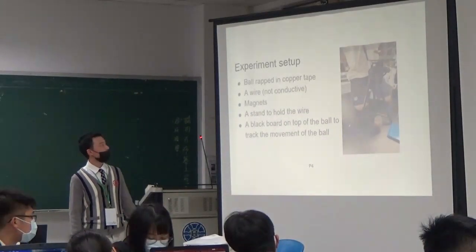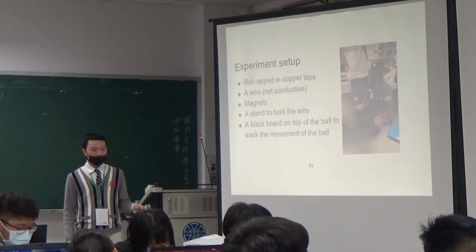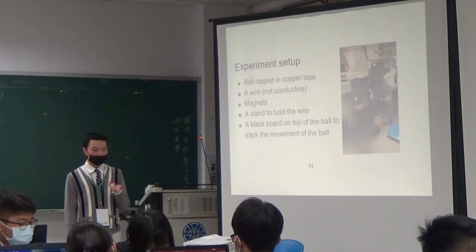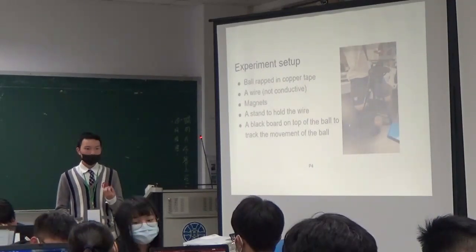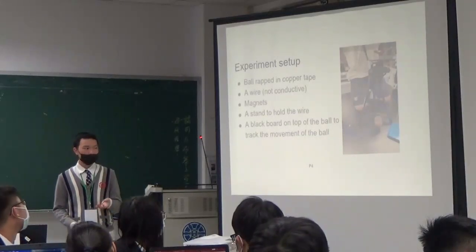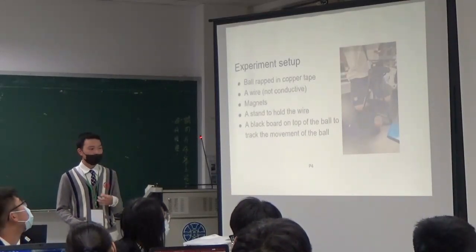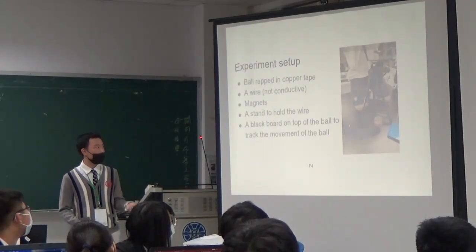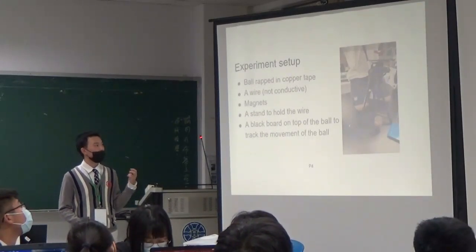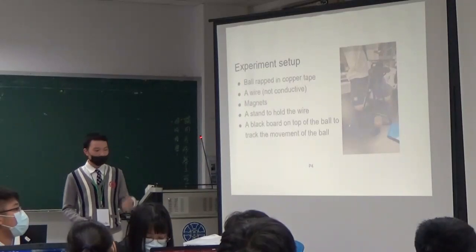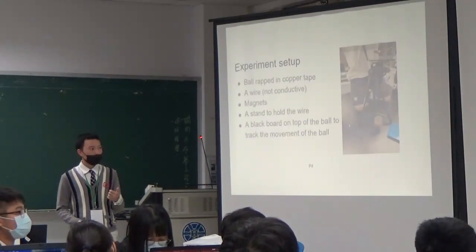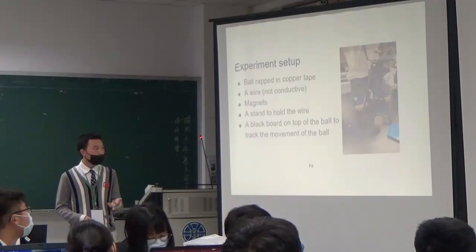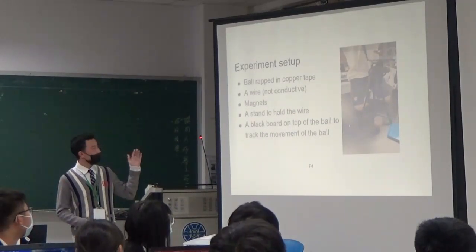So our experiment setup is a ball rolling with copper tape, and of course we all know that aluminum tape is also available. But copper being a much more conductive surface, we decided to use copper tape to make the results more clear and observable. And then we use a wire that's non-conductive. At first we used a copper wire, but then we used a non-conductive wire, for example a string, to connect the